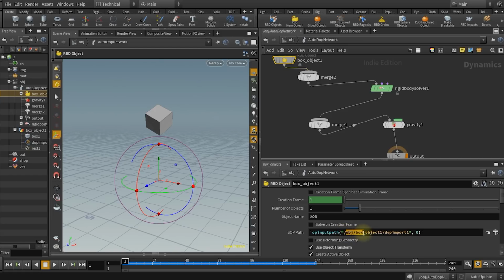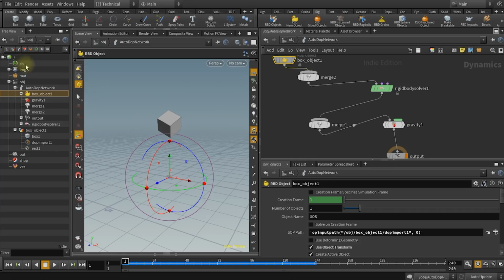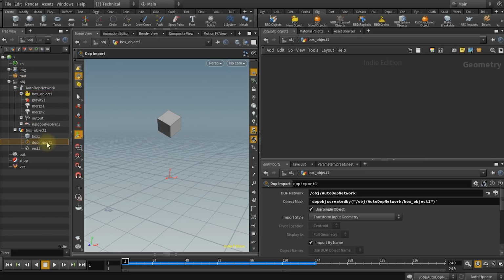And as I've covered in my previous tutorial, this is a path that refers to a node within your Houdini network. In the technical desktop, and again, that's why I love it, on the left side we have a tree view, and in here we can now find this element. So I can find root, object, boxobject1, dopimport1. And if I select this, and let's press L and H to make sure we can see everything that is